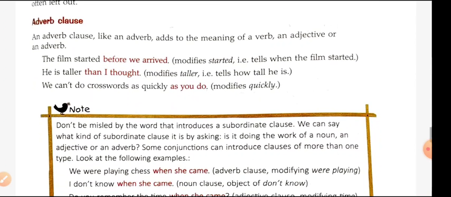He is taller than I thought, modifies taller. That is, it tells how tall he is. We cannot do crosswords as quickly as you do, modifies quickly. Note: